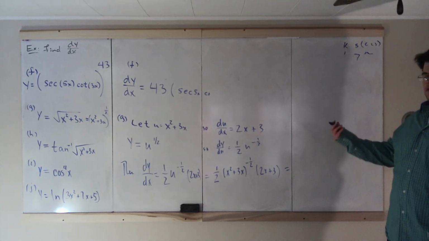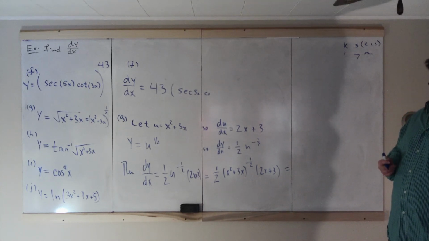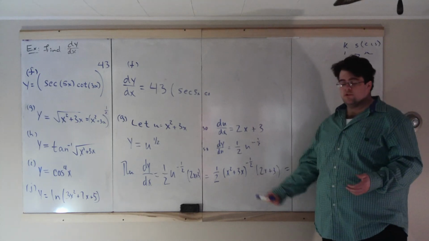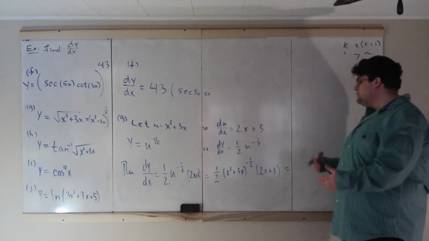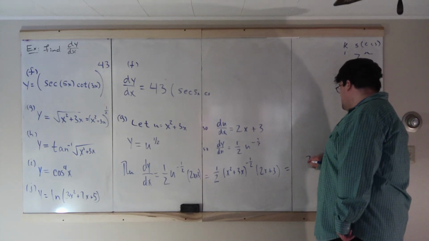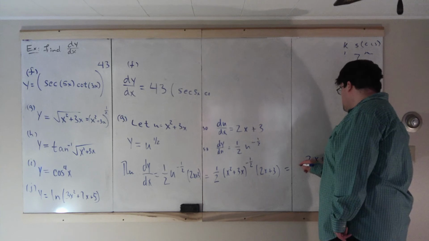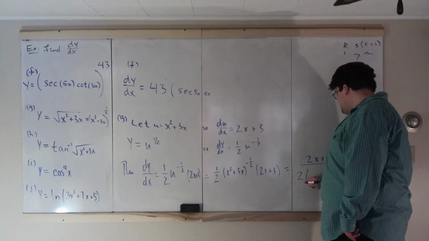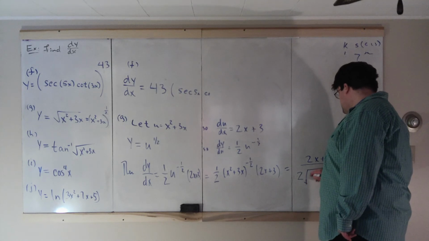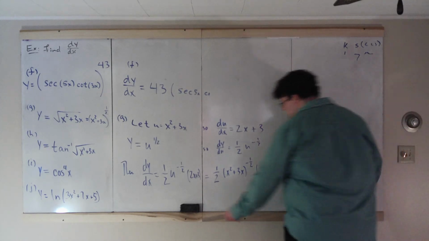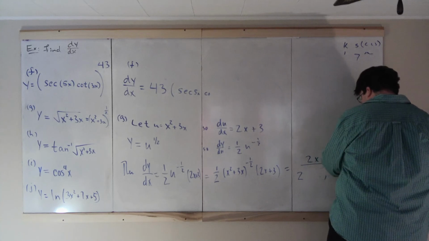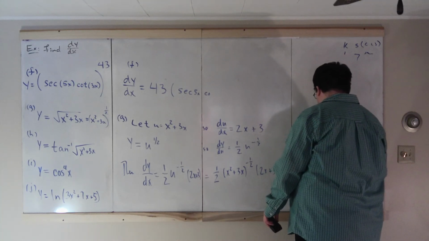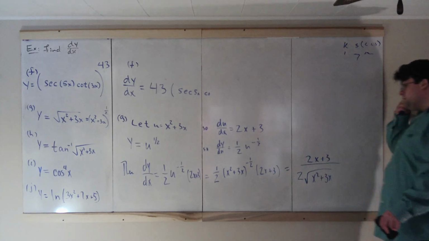As the semester goes, we will see that we want to write some of these with square roots in their fraction form. So I'm just going to write this as the fraction: 2x plus 3 all over 2 times root x squared plus 3x. So,